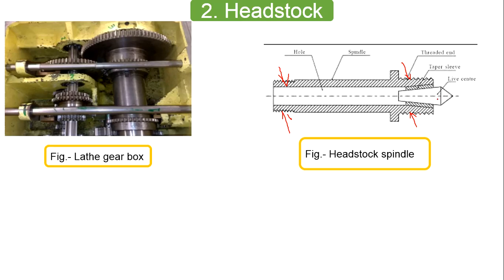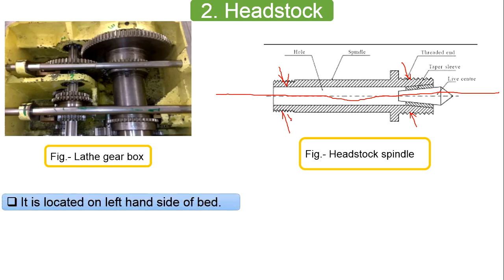If you are not using the chuck, then we can use the live center or headstock center for machining. This spindle is made from high grade nickel chromium steel as per the requirement, and it is purposefully made hollow so that you can insert the long bar from the back side. This bar will come out from the front side. With the proper holding arrangement you can machine the bar. So it is purposefully made as a hollow spindle for machining.